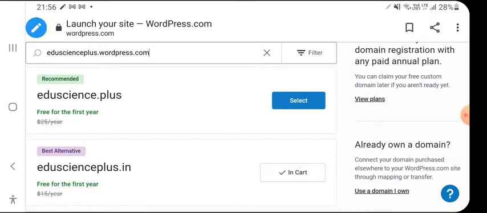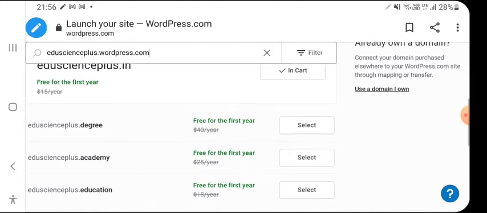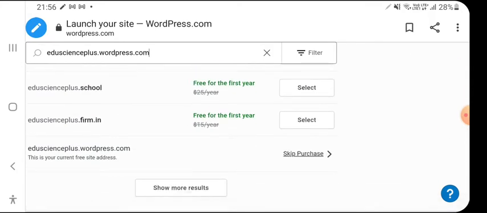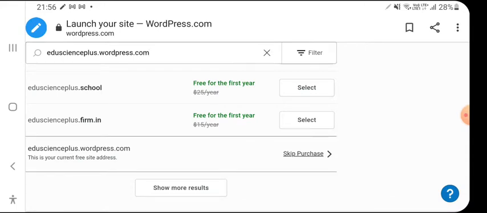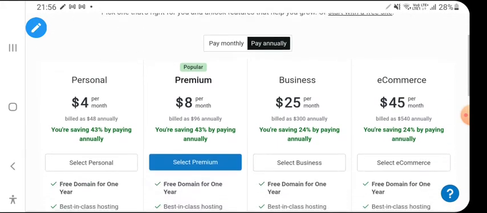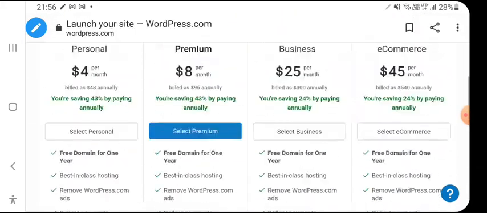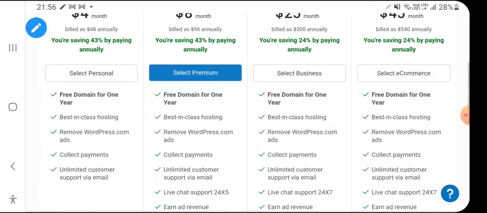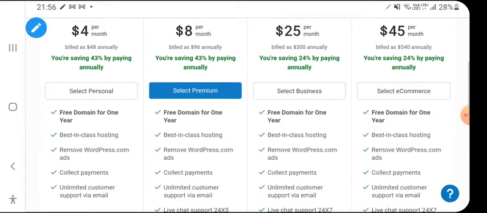So now let's see if we can get any. Okay, so this is your current site address, and skip purchase. So we are now getting a plan that we can choose. In the $4 plan we are getting a free domain for 1 year, best in class hosting, removal of wordpress.com ads, collecting payments, unlimited customer support.